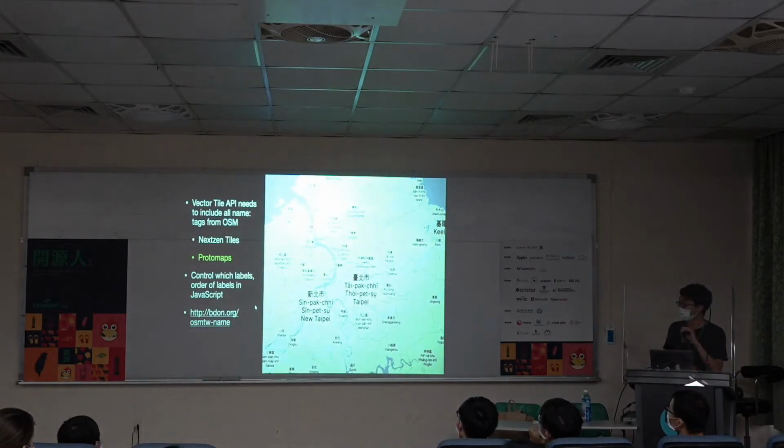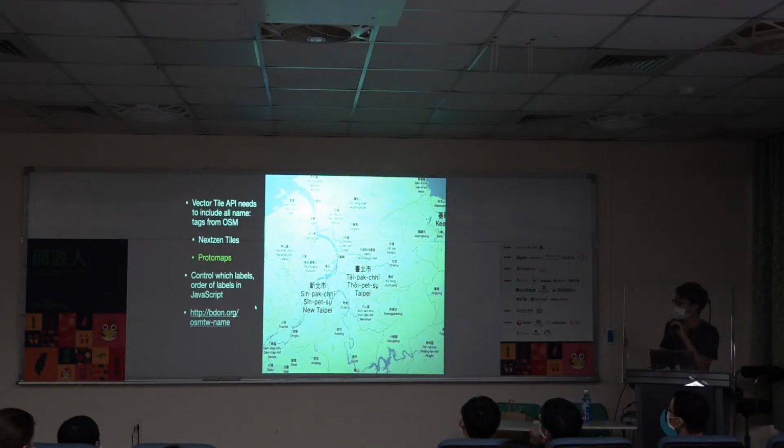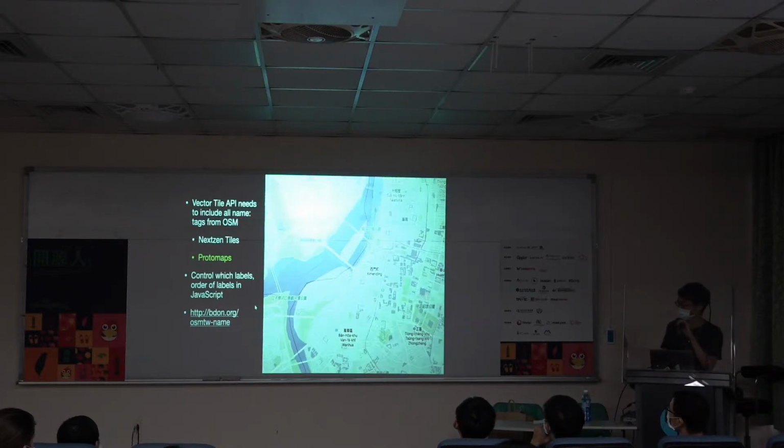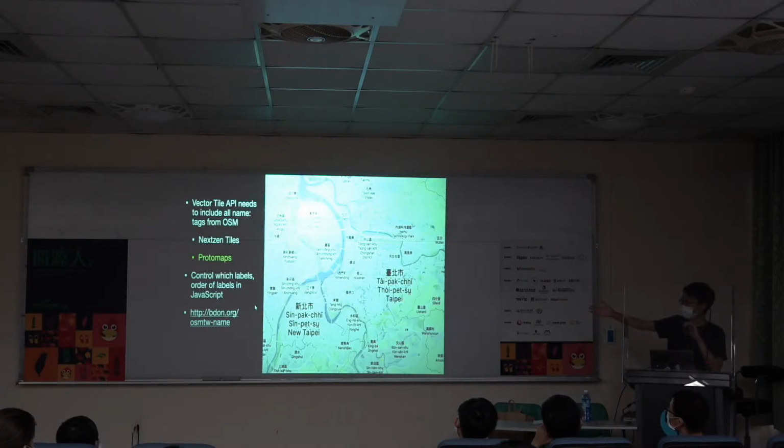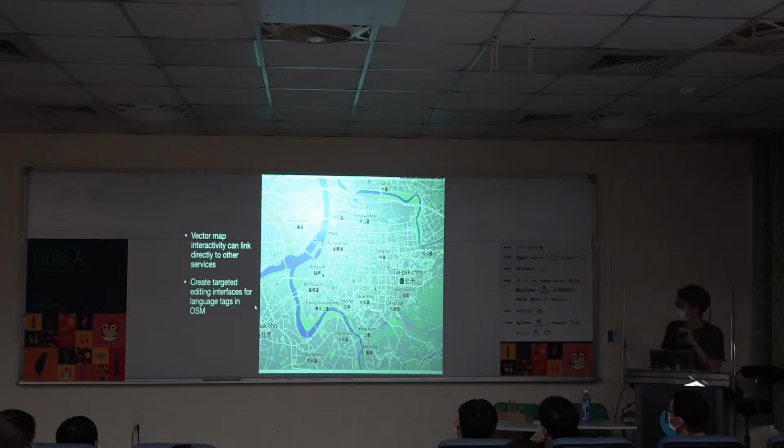So not every vector tile API has every single name tag. This is something that a new service called ProtoMaps is explicitly designed to do. It will retain all tags. Some vector tile services will remove less used names. But if you have all the tags in OSM, it's possible to render a map with as many language labels as you want. And you can even do things like build an interactive editor that goes to iTaigi,